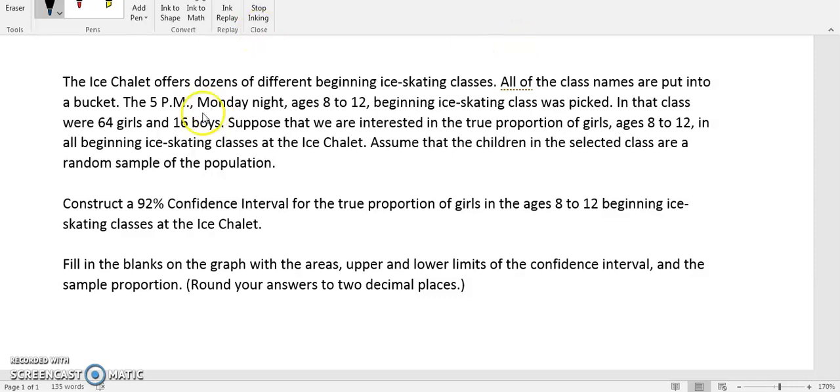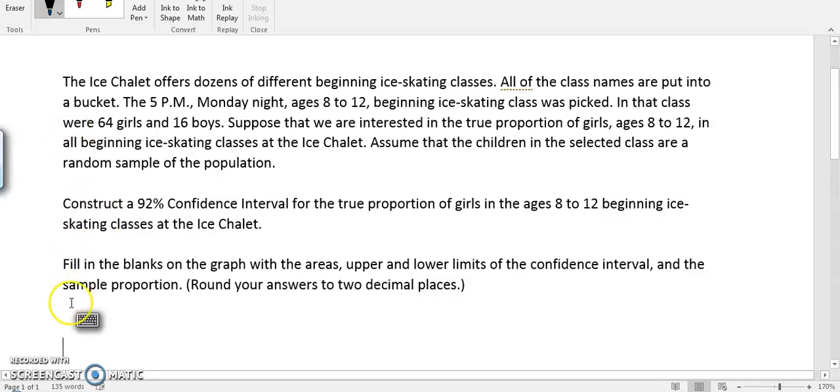So for this problem, there are 64 girls and 16 boys, but it's just interested in the true proportion of girls. And again, it says it here, the true proportion of girls, construct a 92% confidence interval. So the first step would be to do P prime,